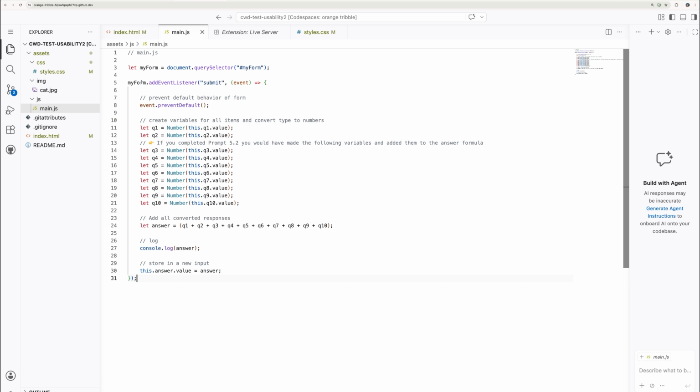Okay, so that's the start. Make sure you have it. You need to have all of these lets for 10 questions, 10 variables, Q1 through Q10, and you need to have converted the responses into an answer that adds all of them up. Those were two things that would have been finalized if you had followed the prompt 5.2. The work for this exercise will take place inside main.js,